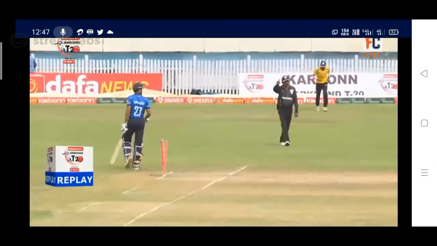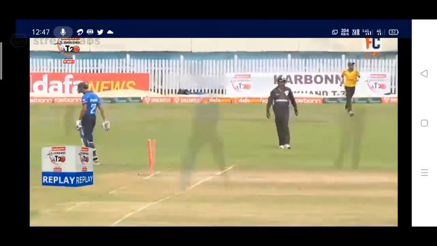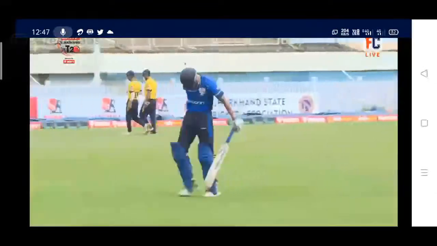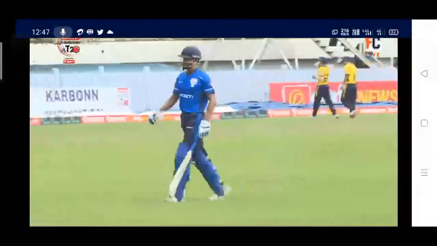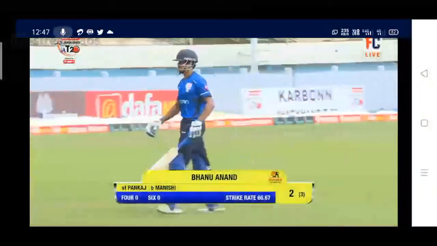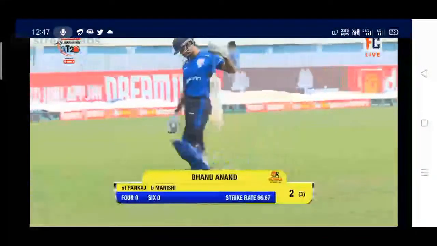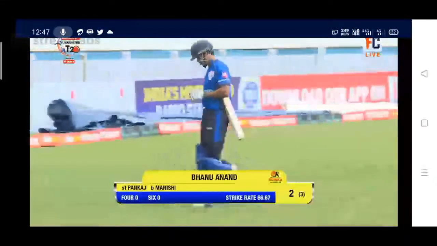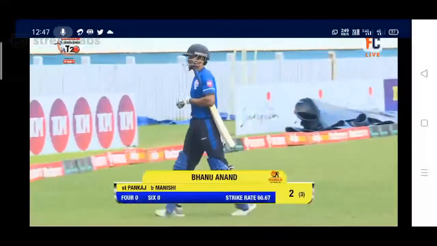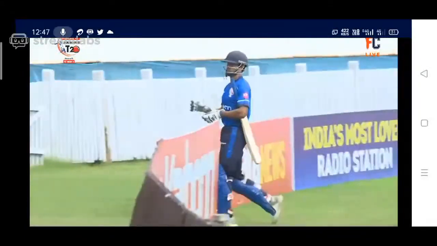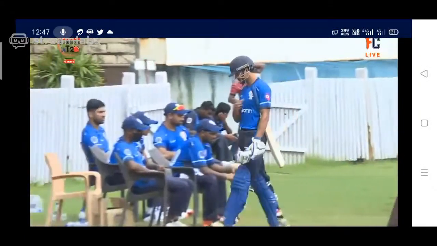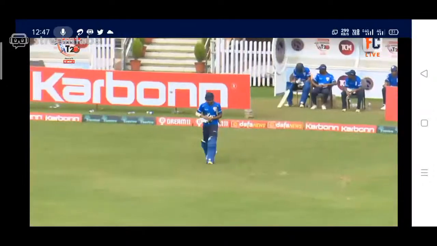The ball spun away from Bhanu, and the wicketkeeper Pankaj had no difficulty in getting him stumped. So another wicket goes down.